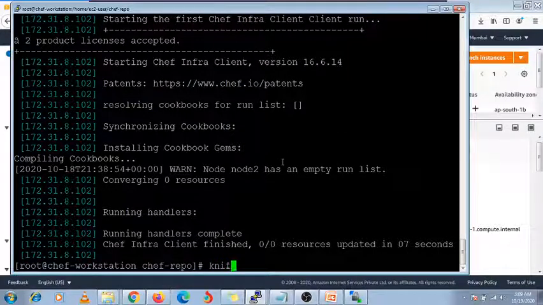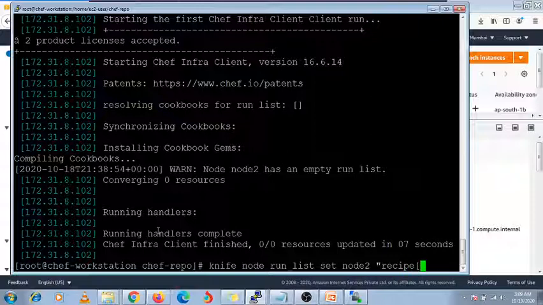Now we need to upload the recipe which I have modified, that is knife node run_list set, for which node, that is node 2. We need to specify the recipe in square brackets.